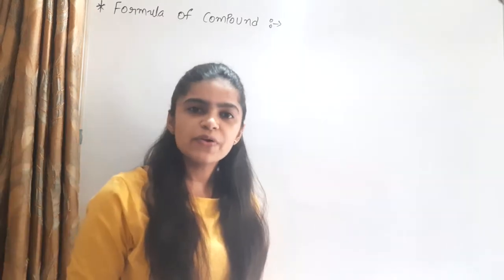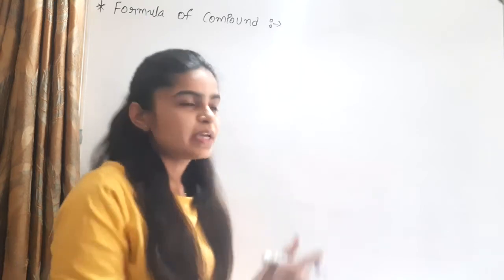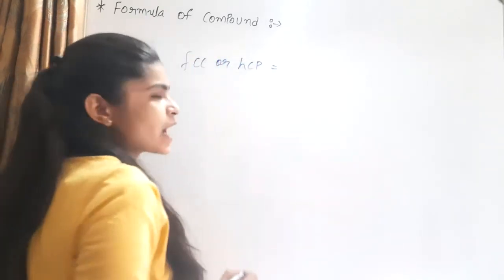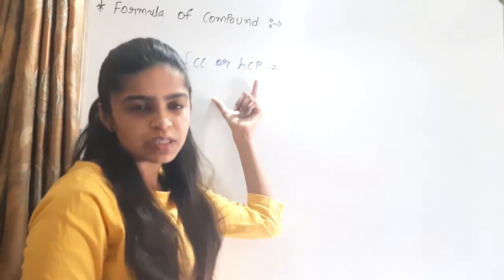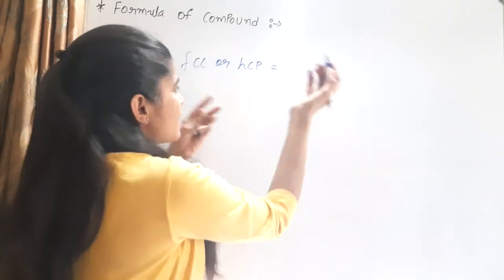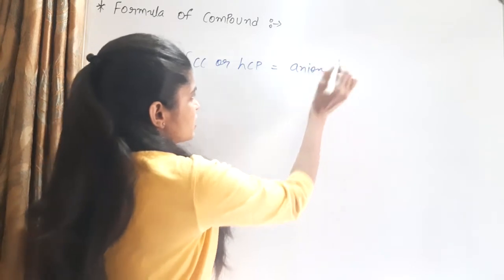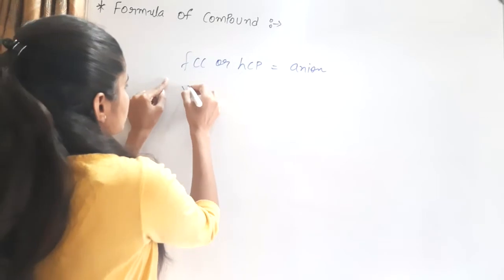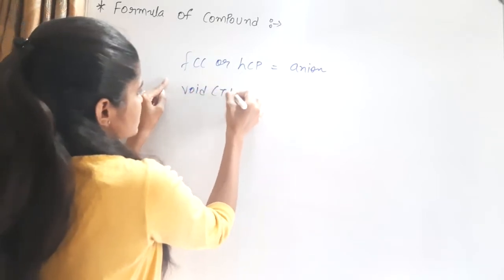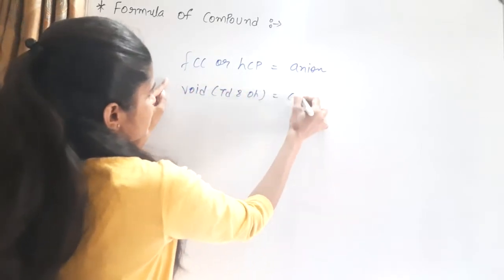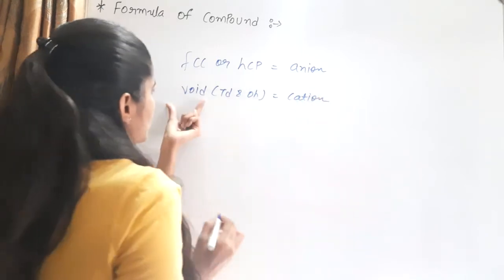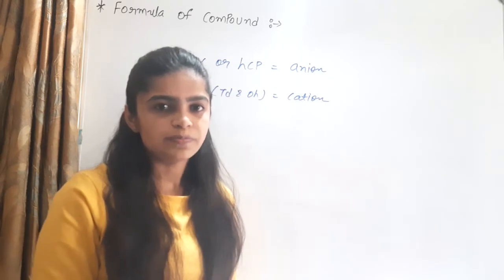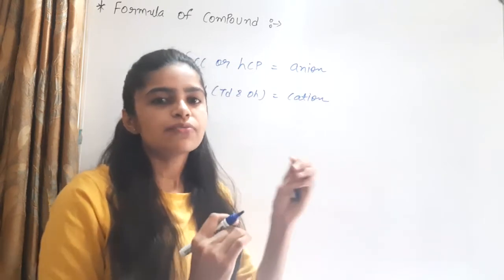In the case of a simple ionic compound, there are two types of arrangement, FCC and HCP. The larger ion adopts this closed packing arrangement. The larger ion means the anion. The cations arrange in the voids, tetrahedral and octahedral. So the cation adopts the void arrangement and the anion adopts the FCC and HCP arrangement. Then how do we find the different formulas?